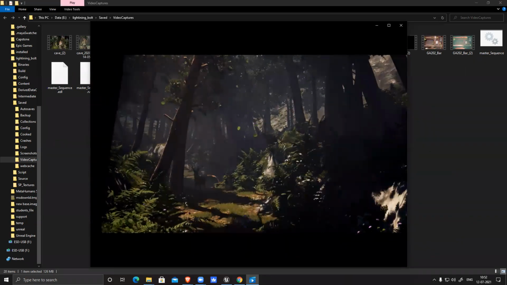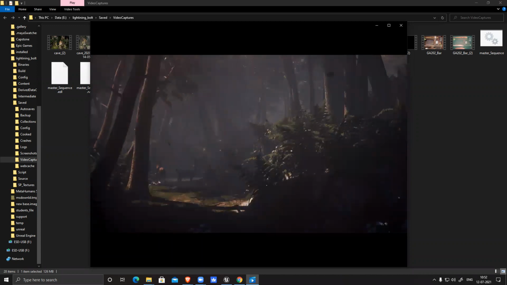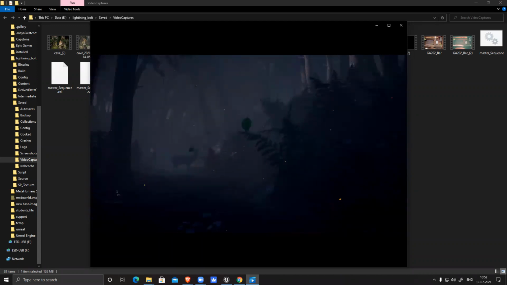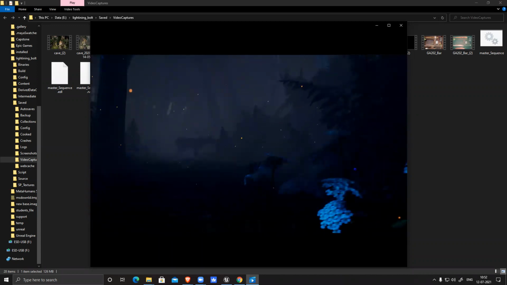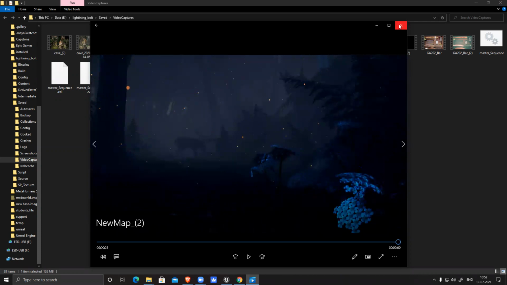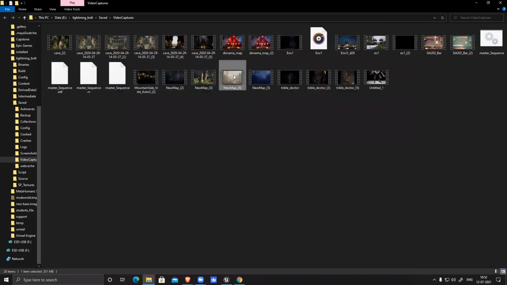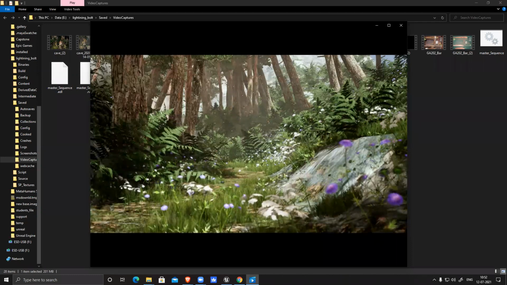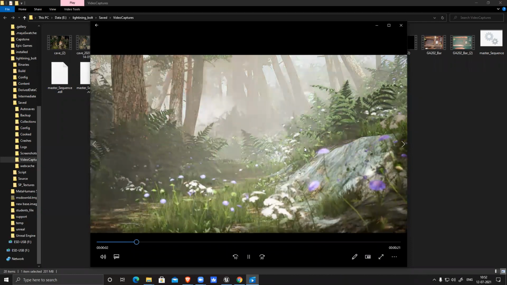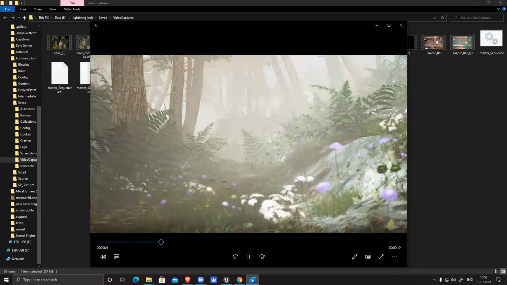In this scene only the light is moving and the camera is moving, that's it. It's a single frame, nothing is moving except your light.